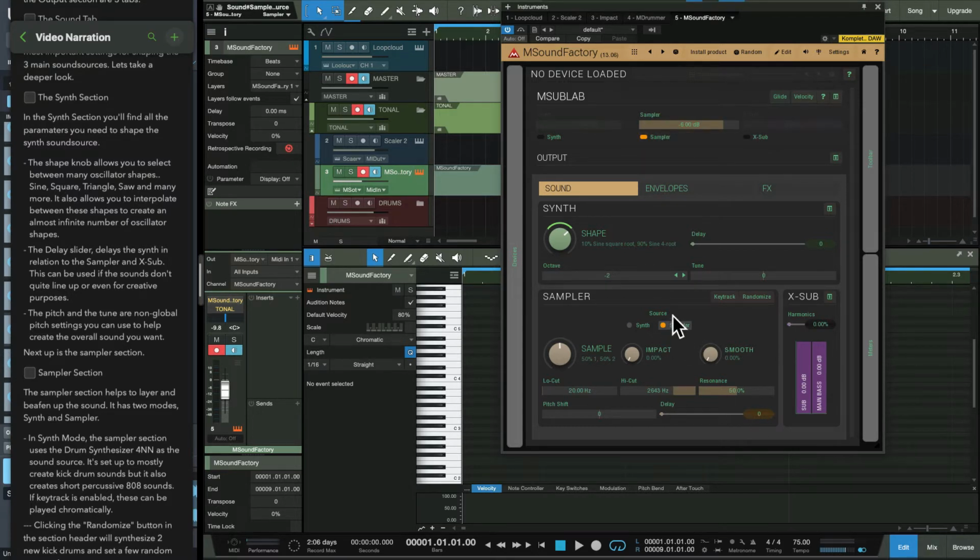With MSound Factory, there is a set of kicks that come within the sampler module, a default set of kicks that everybody should have once you install MSound Factory. So I basically allowed you to pick between the drum synthesizer or, if you select this dot here that says sampler, you can use the built-in sampler. And instead of letting you choose between the two synth kick sources, it allows you to pick between